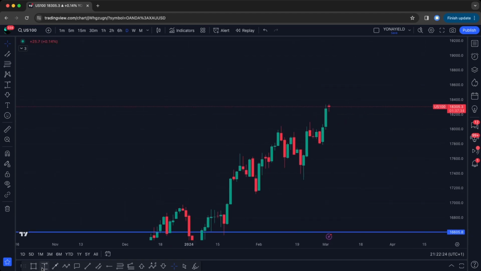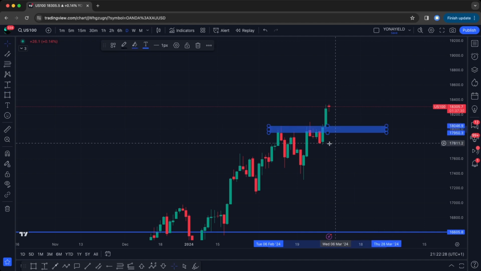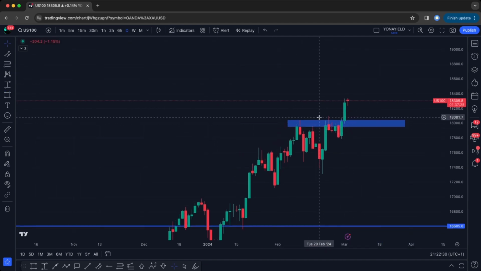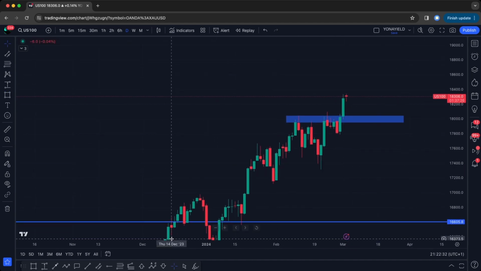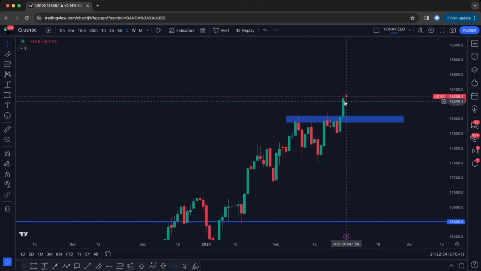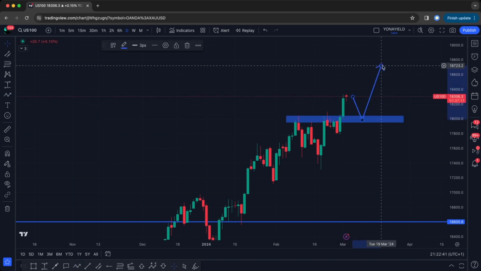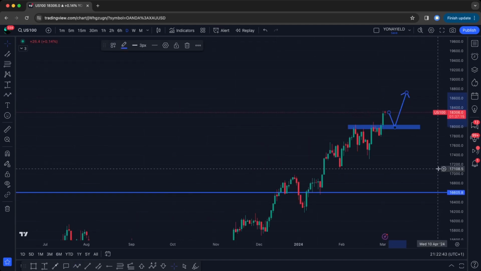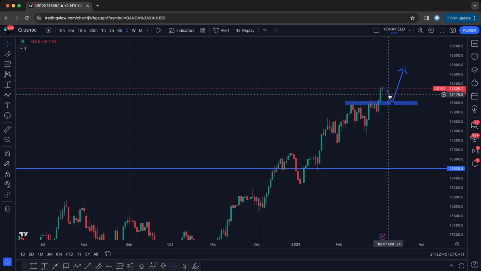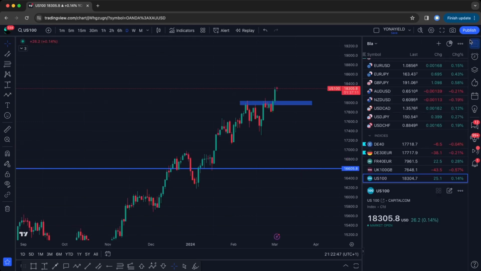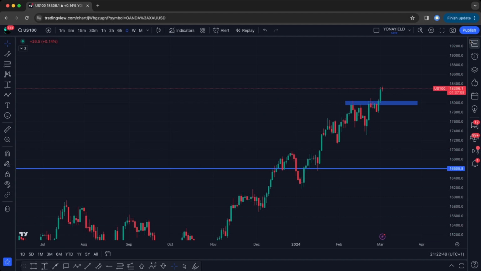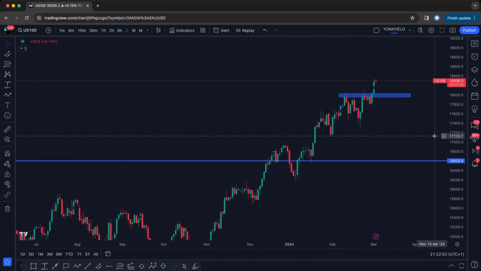Of course it would be nice if we get a pullback down here, right? So maybe this can happen. This is the next structure support. So maybe this color change to red would start a pullback. That would be nice, right? A pullback down here, and then again off to the races with these indices, because they always like to go up,